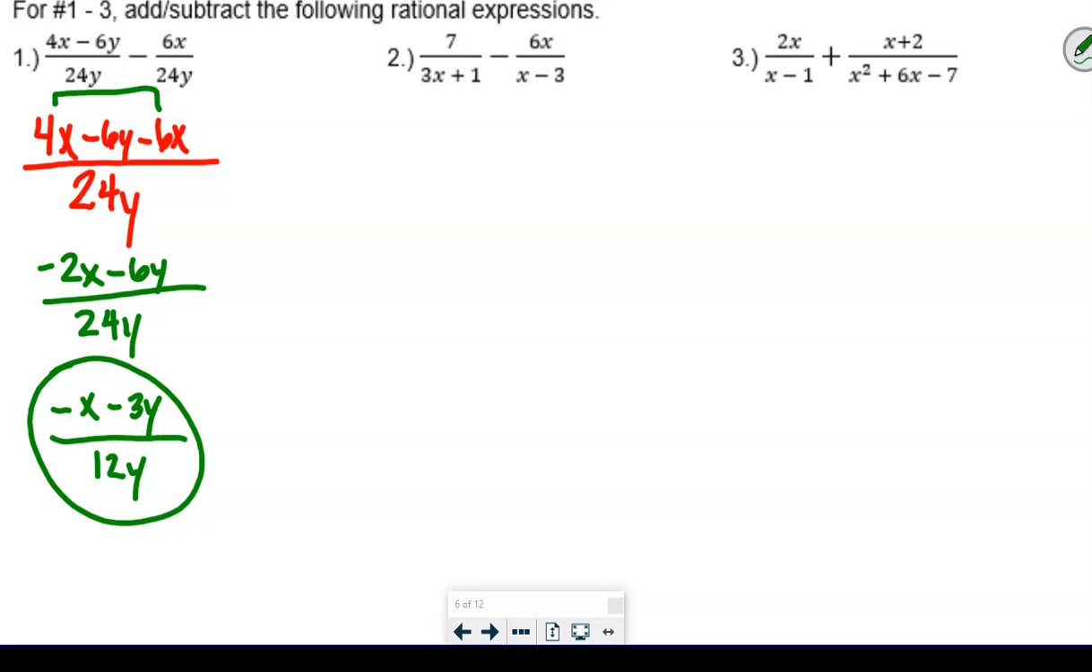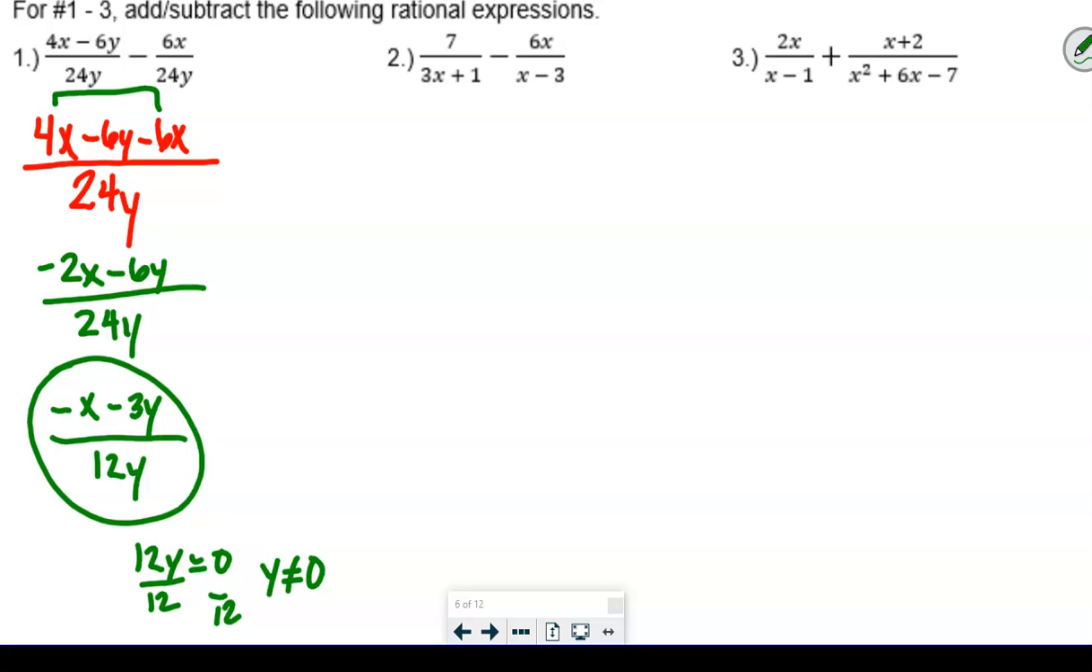Now the other thing that we didn't talk about here is when the x values or y values are excluded. Here the y value would be excluded, and it would be when y does not equal 0, right? Because we would set 12y equal to 0, divide both sides by 12, right? So y cannot equal 0. We wouldn't even have to worry about x because there is no x in the denominator of this problem, right? So the next one